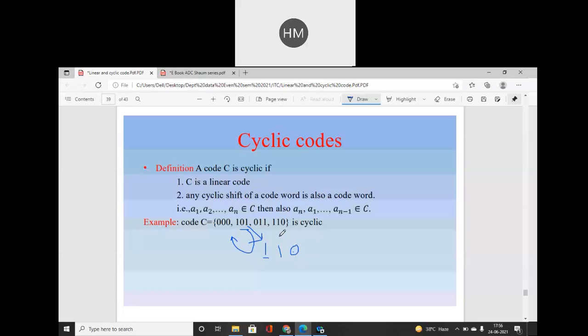What I am doing is just telling you one example of cyclic codes, how we can define cyclic codes. In the exam they can ask you to prove whether this code is a cyclic code or not. So they will provide you a list of codes. In that code, you will apply right shifting or left shifting, and then you will check whether the generated code is there in the list or not. If it is in the list, then it is a cyclic code. If they ask about a linear code, what will we do? In a linear code, I will add any code with another code, I will add these two codes to prove linearity.